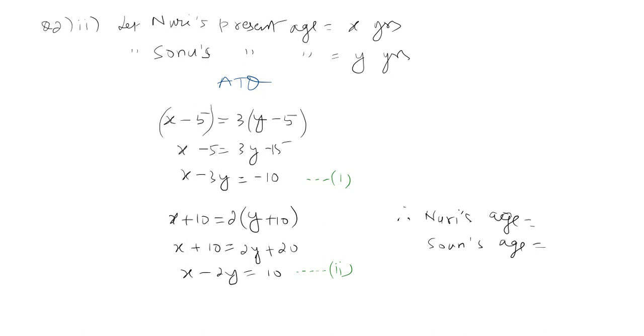Okay, Noori is 50 years old and Sonu is 20 years old. But this will come after you solve. You can't directly write it. There are a lot of things you have to solve. Oh no, I'm saying that to the other student. You can't directly write it because I have written it, and then you'll say, okay sir, I have written it so I'll also. No, you have to solve properly, get the answers of x and y, and then the last answer is this. So I think we can move to the next question, next part.